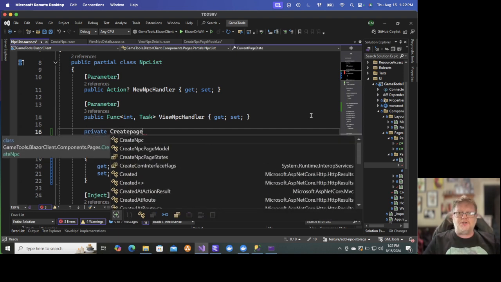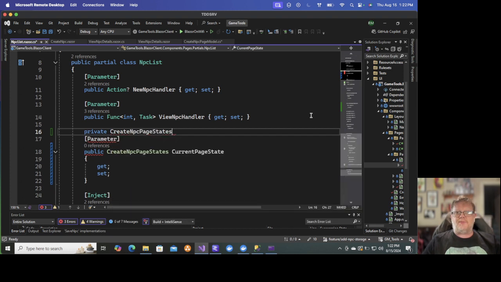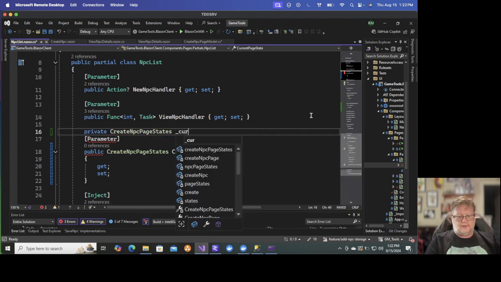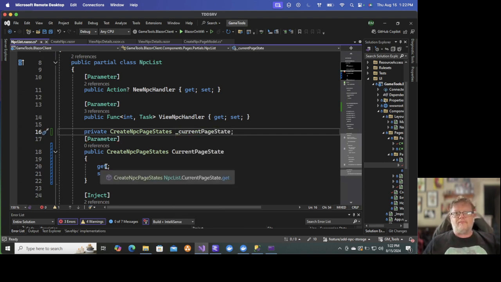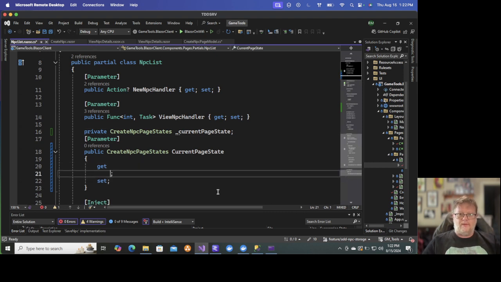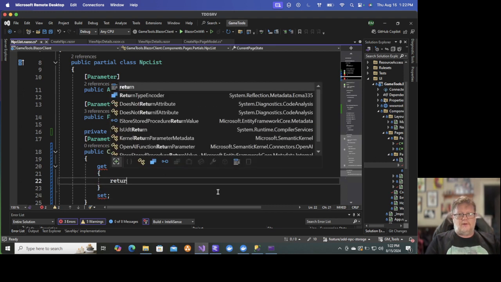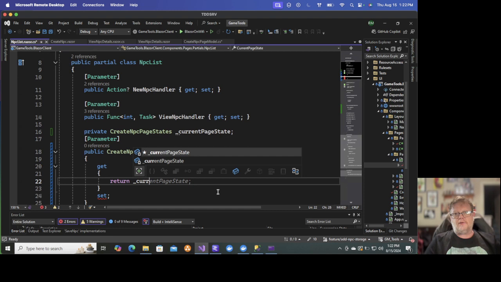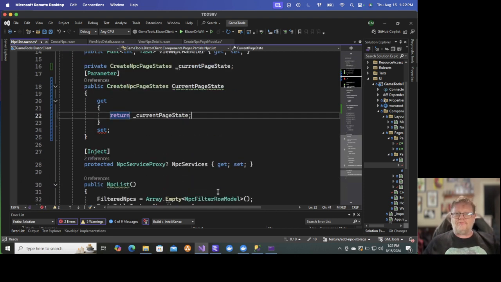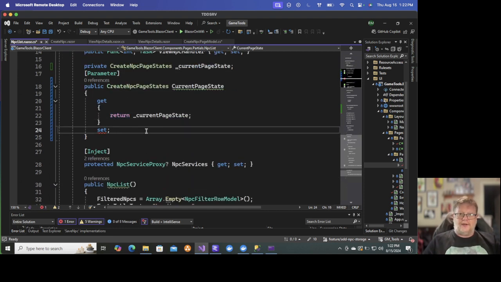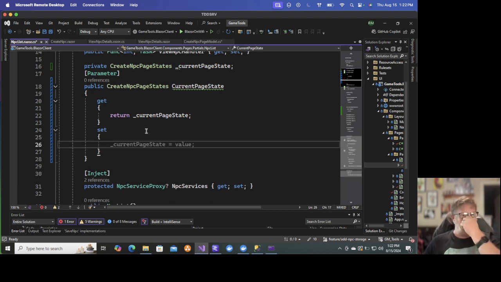Create NPC page states. Current page state. And we're going to get rid of the semicolon. Return current page state. Down here, current page state is value